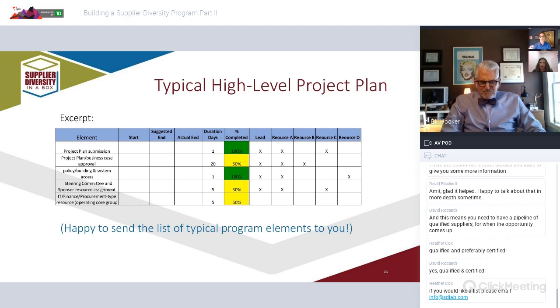So we do look at 6 to 8 months typically. Typically, a supplier diversity program from ground level up runs between 6 and 8 months. And we have about 40 or 50 different elements that go into creating a supplier diversity program, ranging from the approval of the program through discovery of spend and supply base and the like, learning about your categories, learning about the flavor for what people are thinking about, the temperature about supplier diversity. And then the final phase is execution of the program and going live.